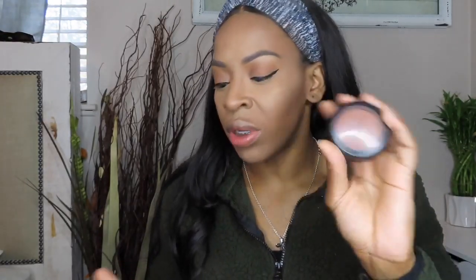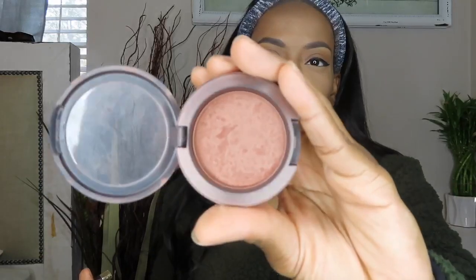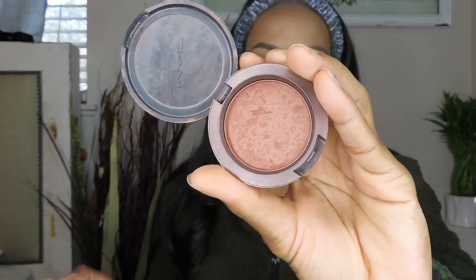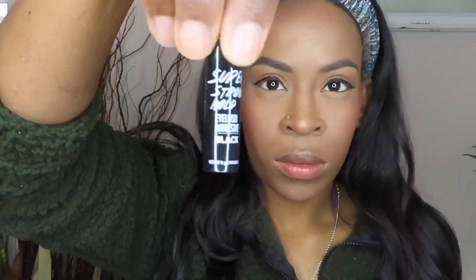So easy, so simple. I'm now going in for blush. I'm keeping this very natural, very neutral. This is MAC Format Blush. A lot of these products are really, really old. You can find things similar, but what I like about this is it's a more brown taupe color, like really brown. Using my Sonia Kashuk brush, swirling it in and applying it. I'm gonna be popping on some old lashes, so